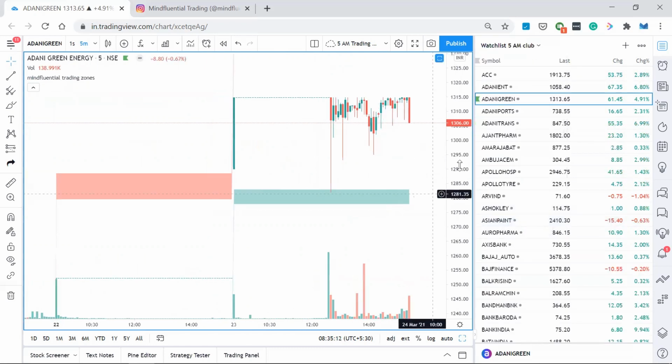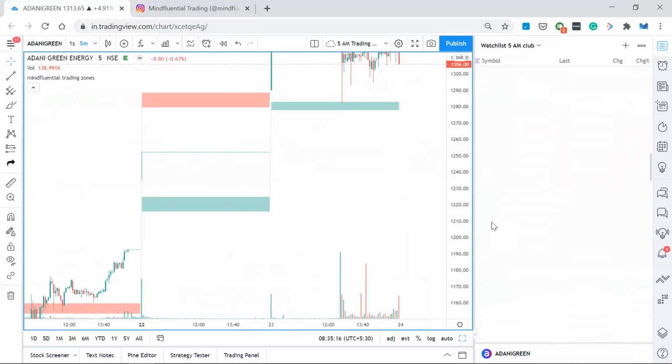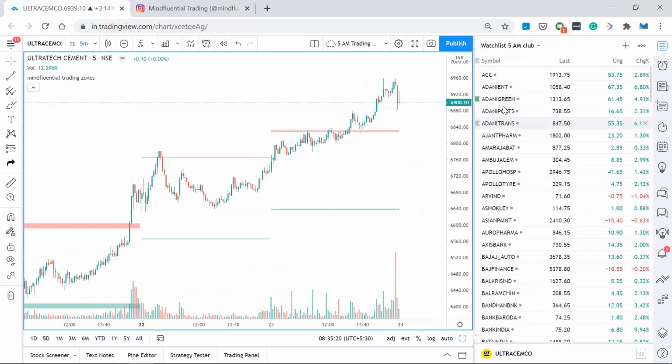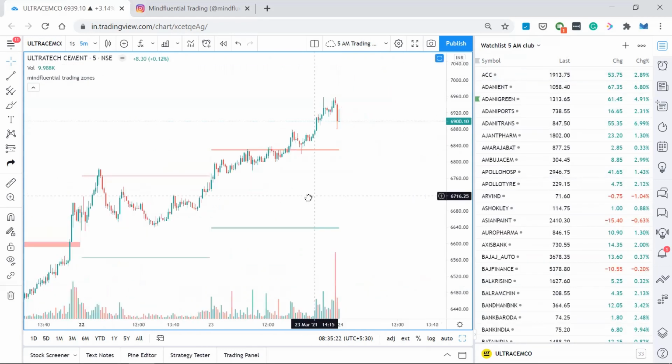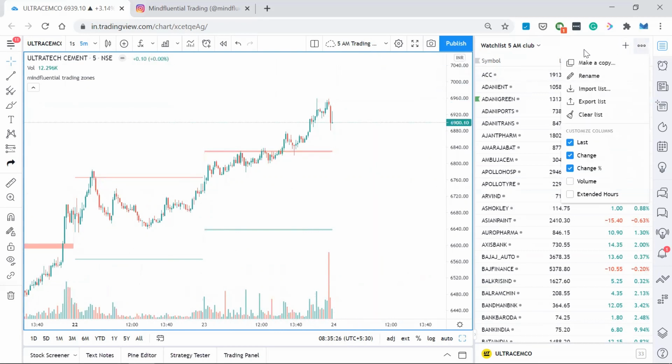Now I'll be giving you this watch list of stocks. I'll be giving you a Google Drive link. The Drive link I'm attaching below this video, so you can click on that and you will get access to all these stocks. Now, if you have a pro version of TradingView, you can directly import that. It's a text file, so you can directly import the text file here. All the stocks will come in immediately.